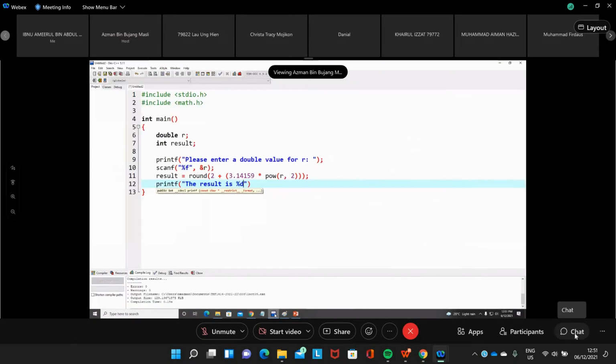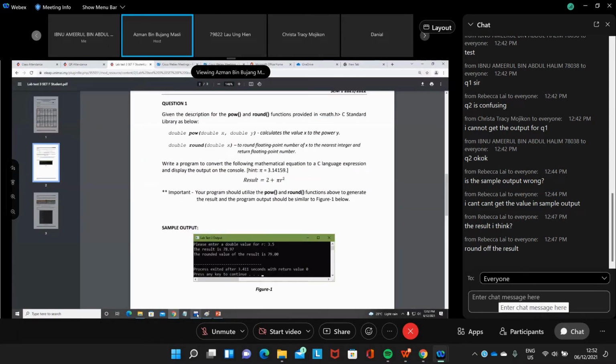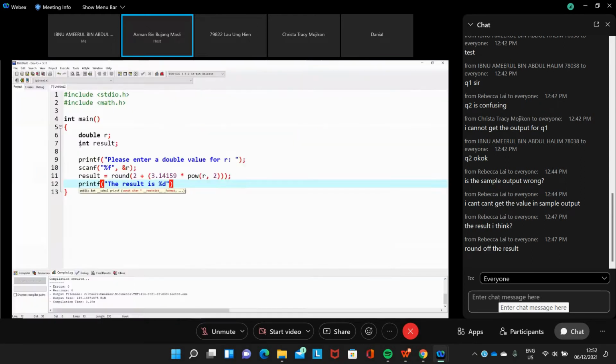This is an integer, the result is an integer. Oh, if you print this as an integer, then we don't have that 0, isn't it? The rounded value of the result. So result should be double as well, or you can use float.